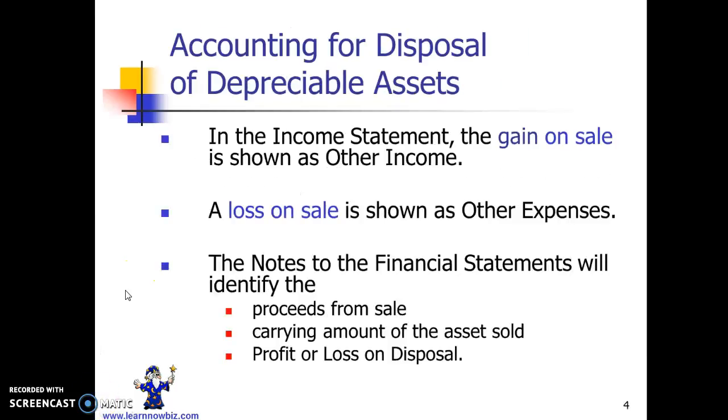In our accounting for disposal of depreciable assets, there will be a gain on sale. Now this is shown as other income in the income statement. A loss on sale is shown as other expenses. Now there are also some notes to the financial statements, but we're going to deal with those later on in our course. At this stage we won't spend too much more time on this because it's going to be covered